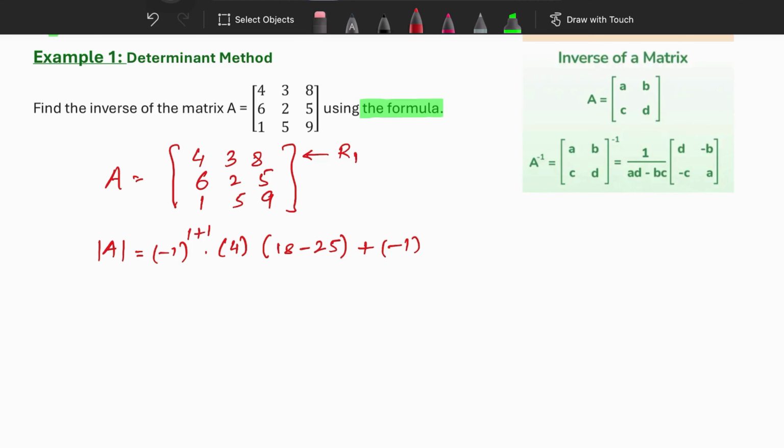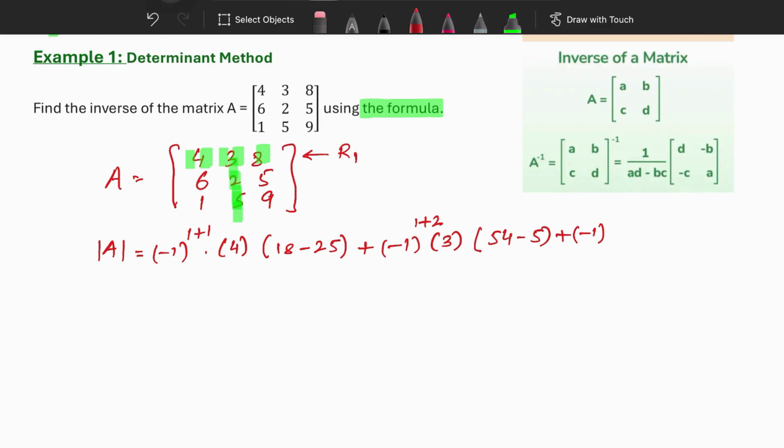and plus negative 1 power 1 plus 2 into 3, since the second entry in the first row is 3, first row second column, and now I have to leave these two. What I'm trying to do is go this way. If, let's say, this and this, these two you have to leave. I'm just giving you this example in between so you will understand where these numbers are coming from. So 6 times 9 is 54 minus 5,